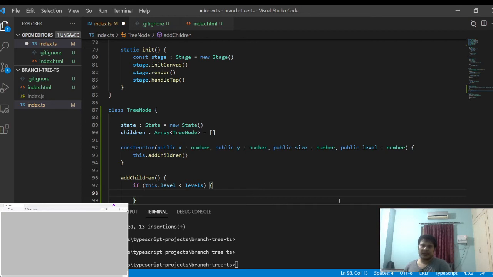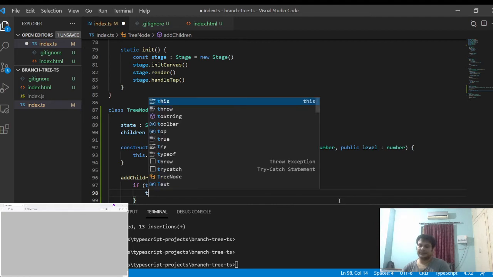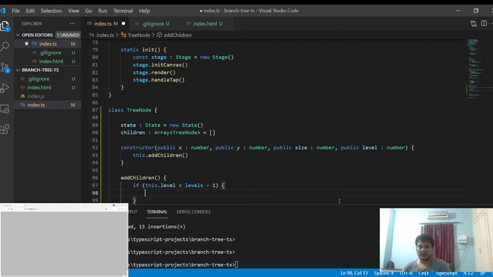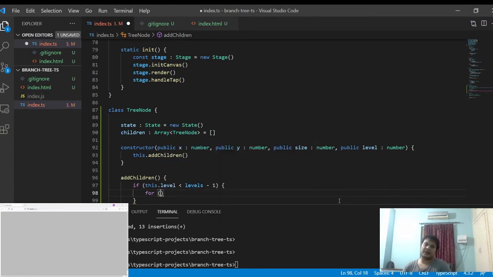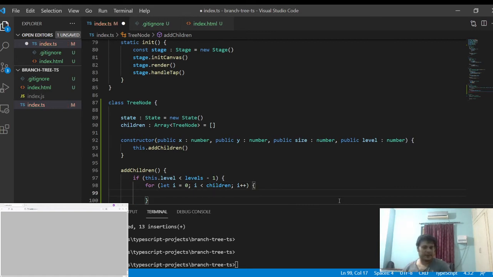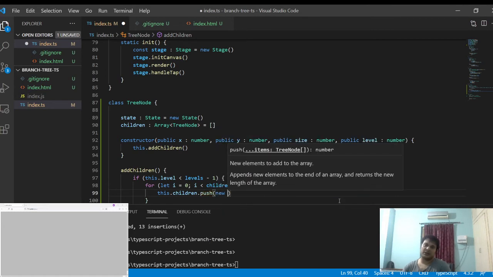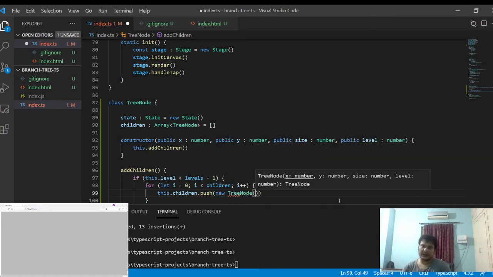So then we are going to create some children, and label should be less than labels minus one. Now how we're going to do it is, for var, let, we have declared it in a for loop. So we'll create it in a for loop, i less than children, i plus plus. Okay. Now I'll just push a new tree node object over here.